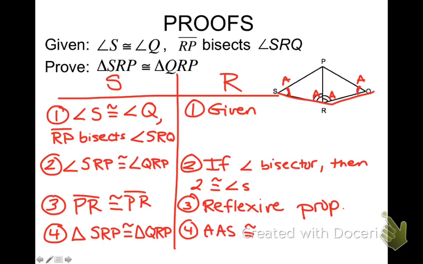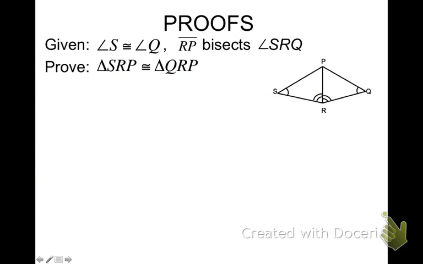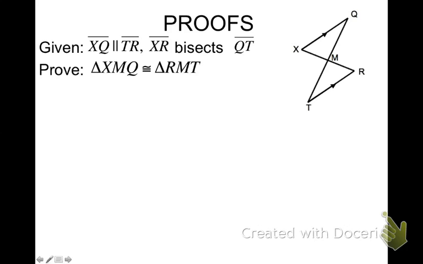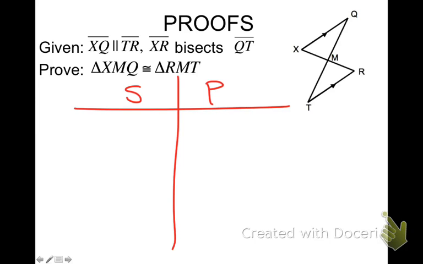Go ahead and get your T-chart set up. Statements on the left, reasons on the right, and the given. If you want to be lazy and just shoot it straight across, feel free, but I'm going to write it down. So they tell us that XQ, what does that symbol mean? Parallel. Okay, we've got parallel lines. So that means I'm probably going to be doing something with this statement. What do parallel lines give us? Alternate interior angles that are congruent. Okay, let's hold on to that thought. It also tells us that XR